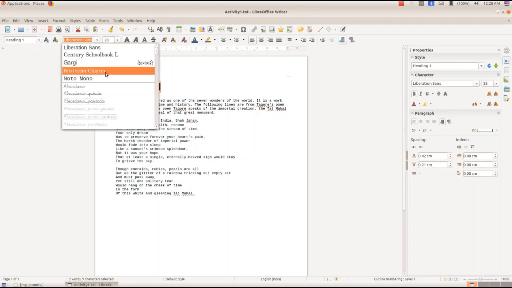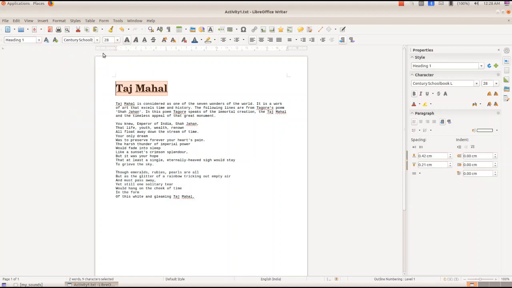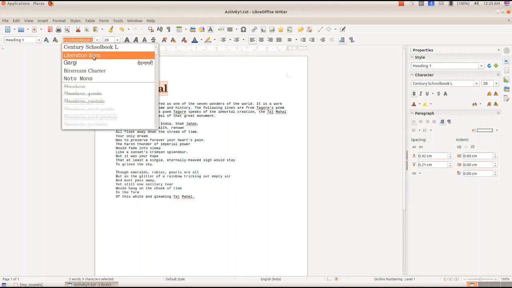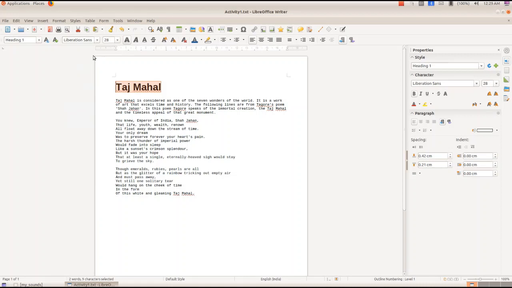We will change to any font. So for that, we'll change it to Century School Book. Just like this, you can change to any font, but we want it as Liberation Sans.